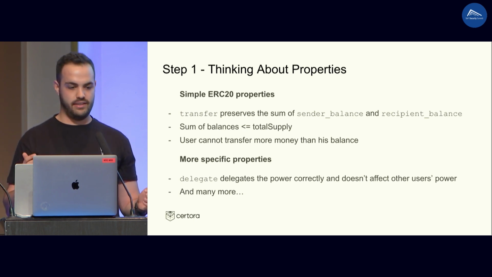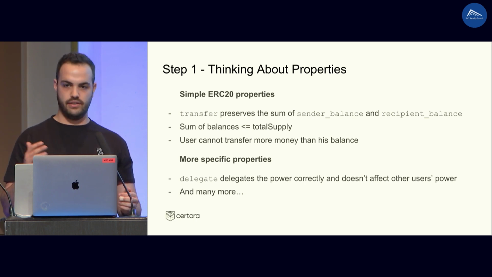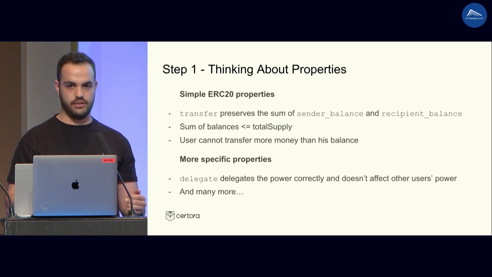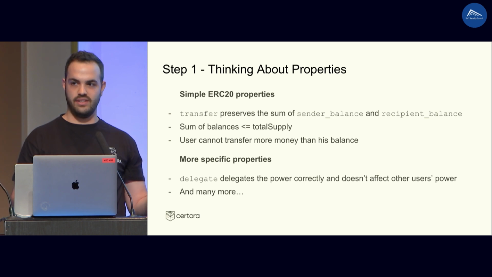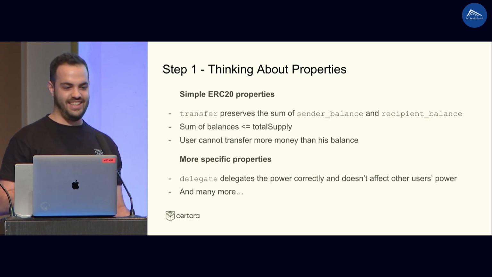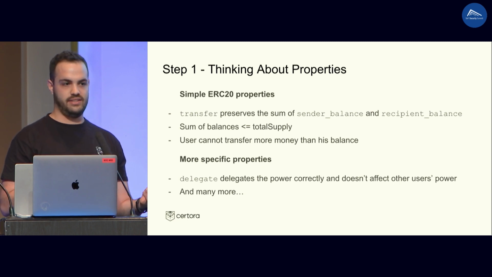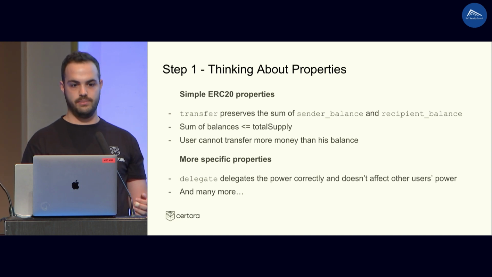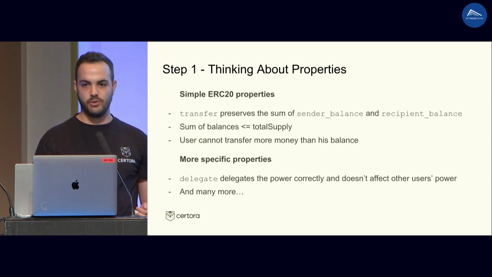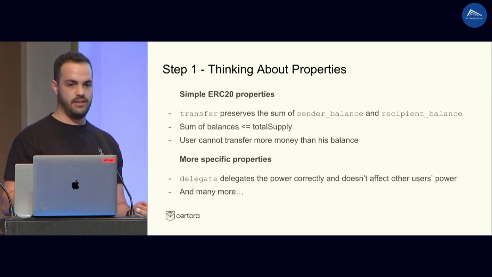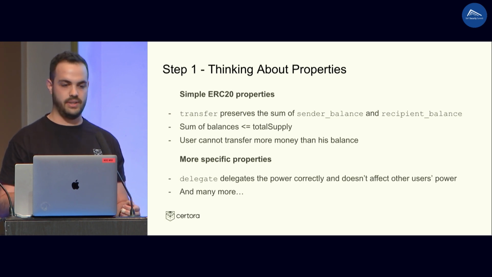Also, we would expect, for example, that the sum of all balances of all of the users should be less than or equal to the total supply of tokens in the system, which I think is a pretty good property. And also, a user can't transfer more funds than their balance, which is also a pretty simple ERC20 property. And to be more specific about the Aave token, there are more properties that we have, such as